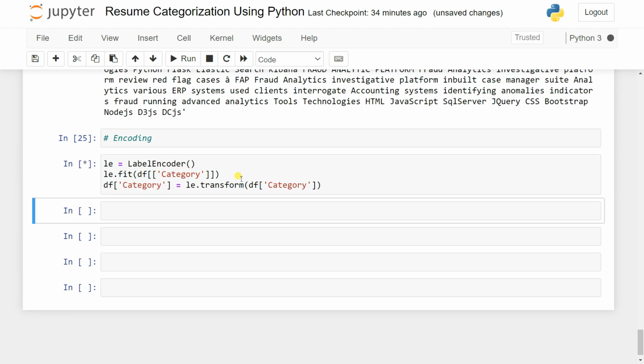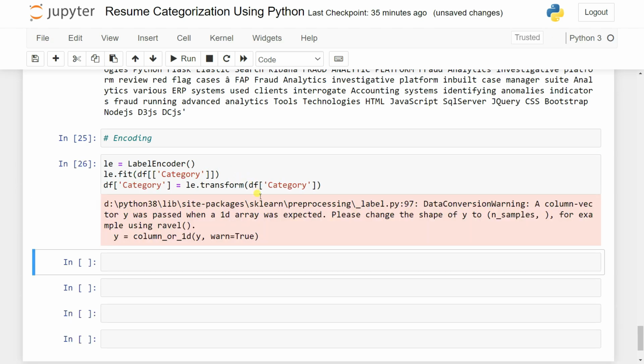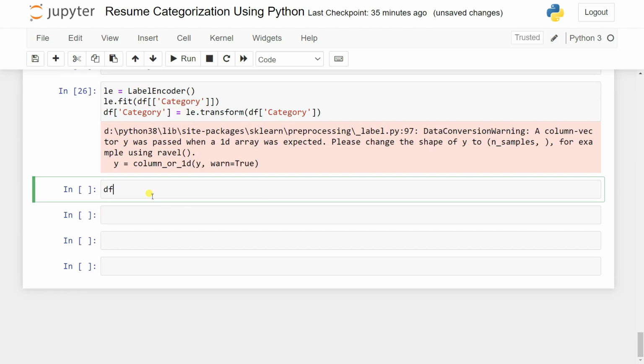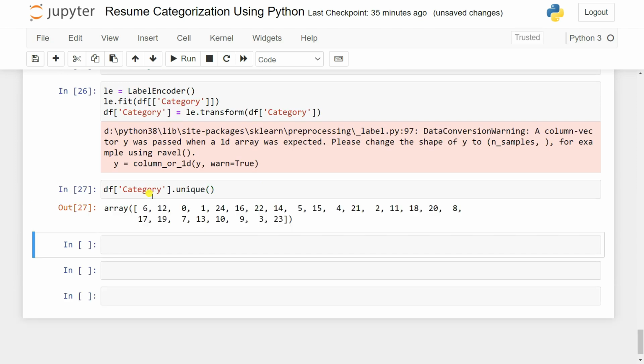It's fit on our data, so now we can check like that. From the df of category, we can check the unique values. Now you can see all of the classes